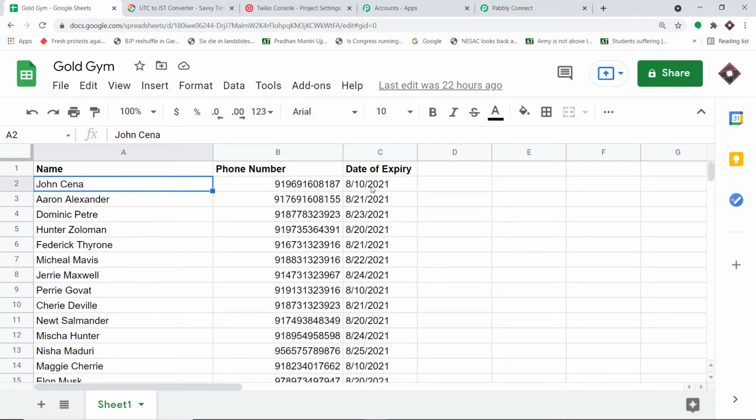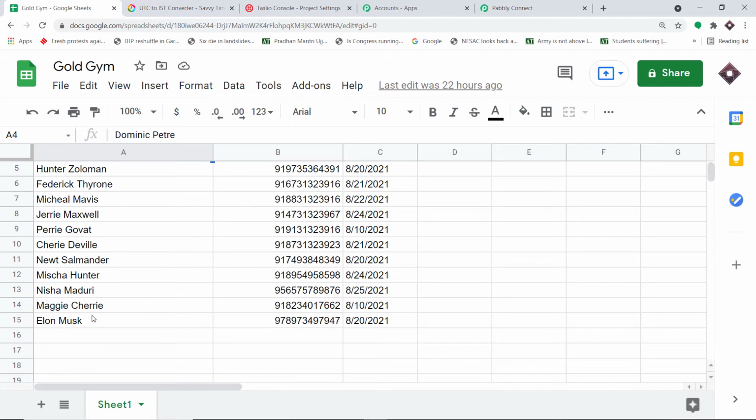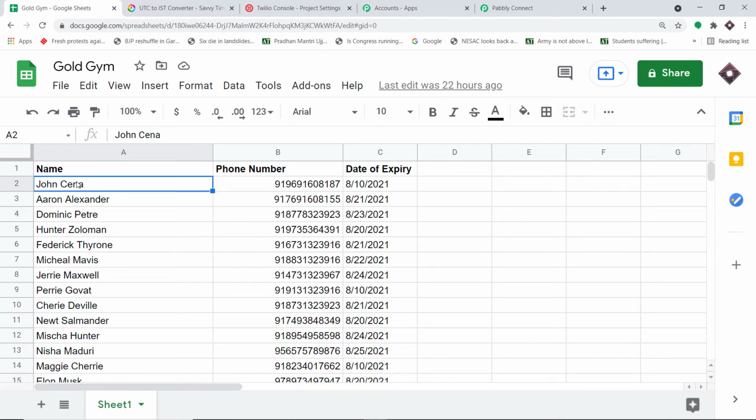We are going to make conditions on him and the same conditions will be applied to the rest of them. John Cena will be our first iteration. Aaron Alexander will be the second iteration. Dominic Petre will be the third iteration and so on up to the last iteration, Elon Musk. So first we will be working with John Cena. We will be applying conditions on him and the same conditions will be applied to the rest of them automatically.